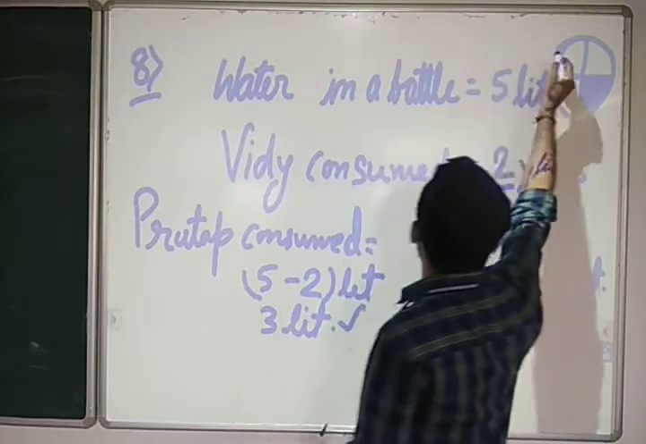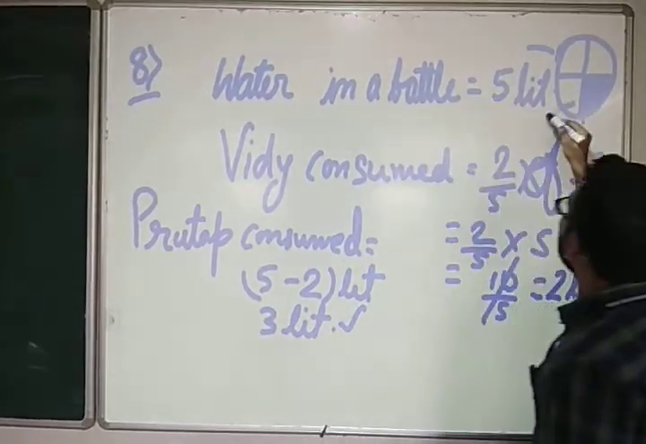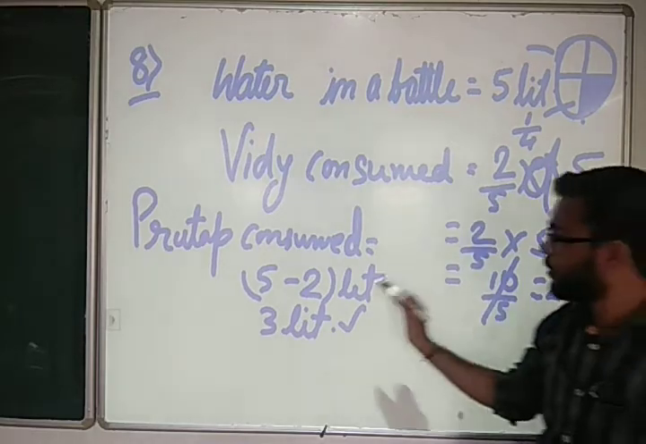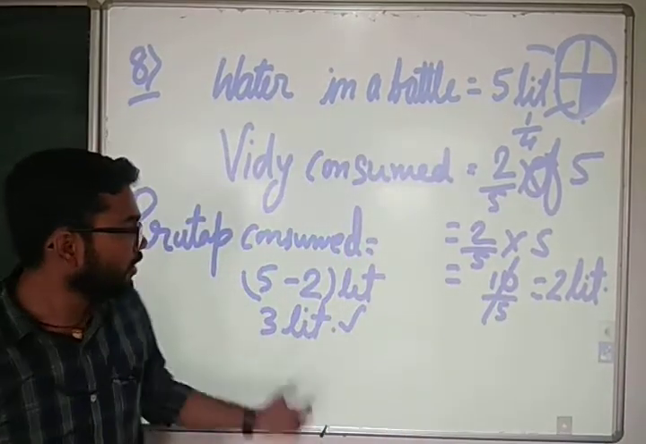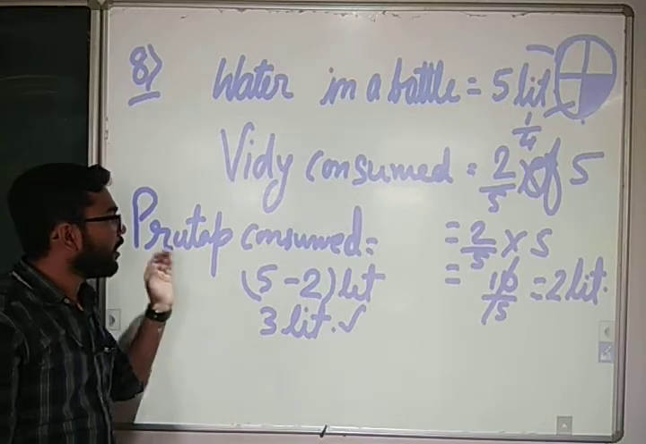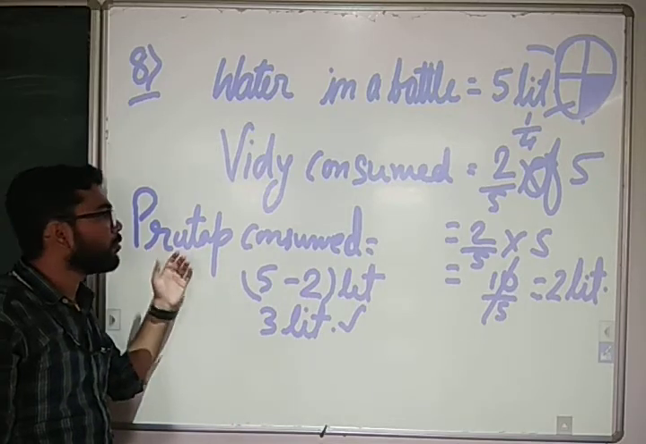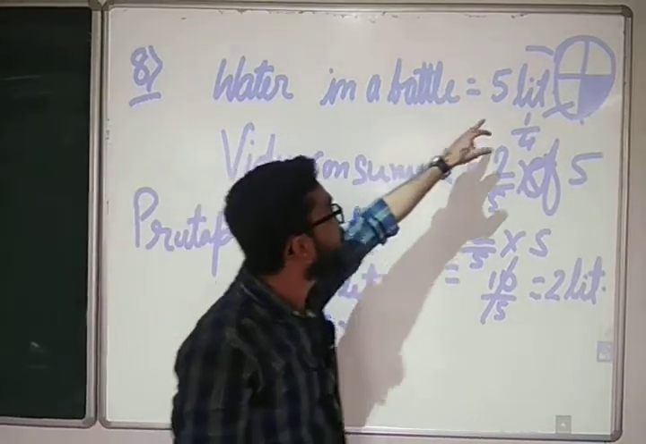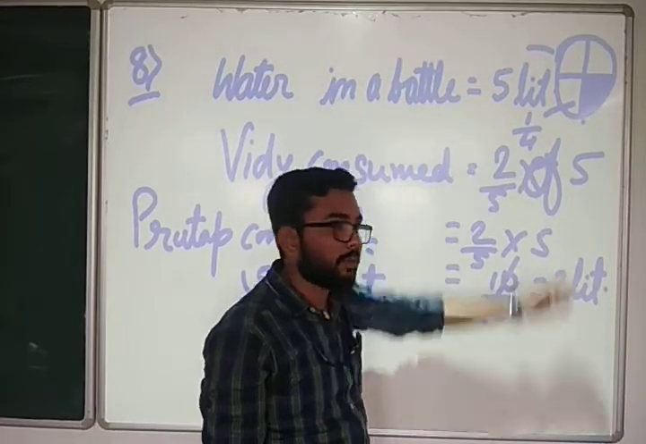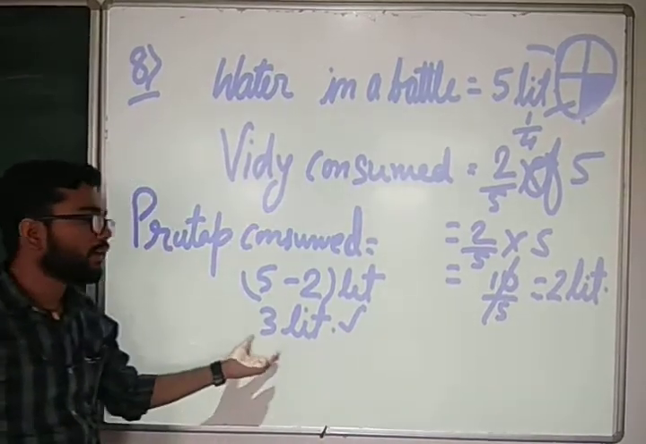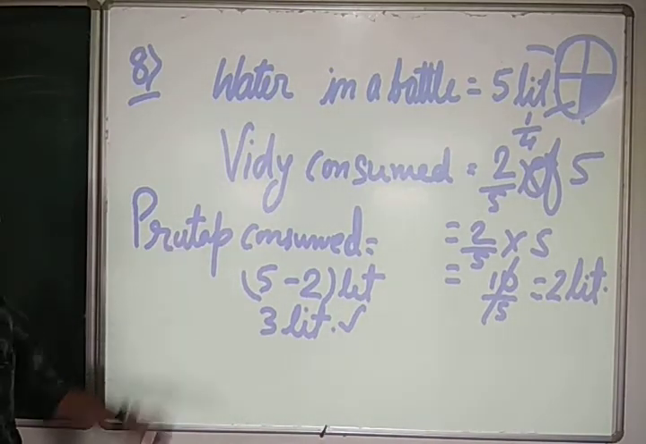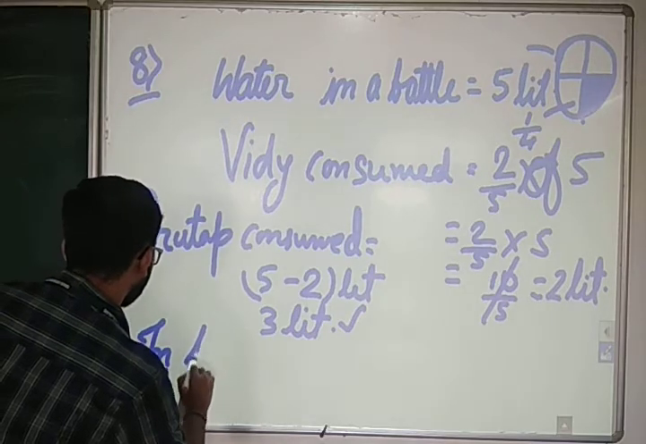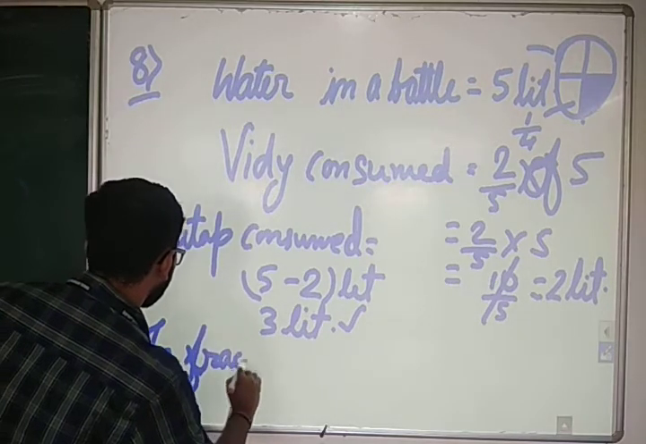1 upon 4 part has been colored. So on the basis of the same concept, you need to see how much water was consumed by Pratap, as a fraction. Total water is 5 liter, and out of 5 liter, 3 liter water was consumed by Pratap. So in fraction,